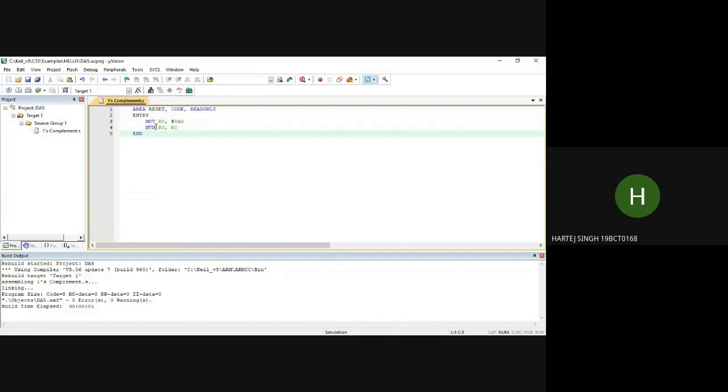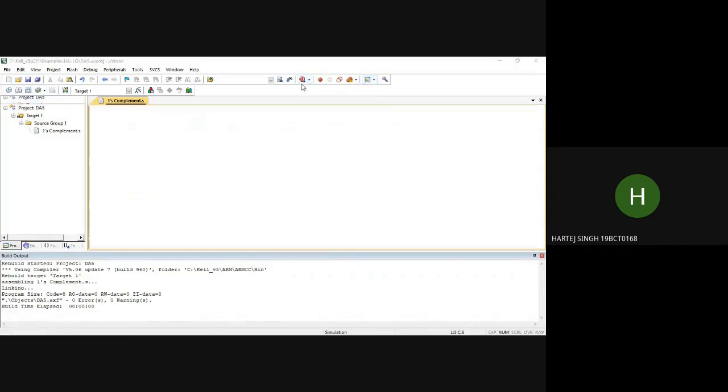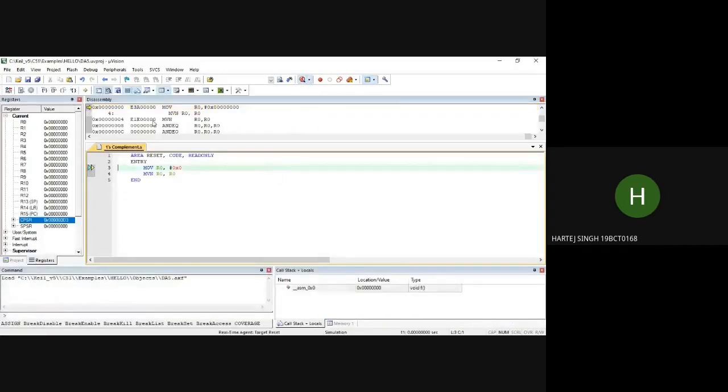Since I have already built this program once, I'll rebuild the program. As we can see, our code outputs 0 errors and 0 warnings. So going to the debug section, we can run our program using this shortcut.